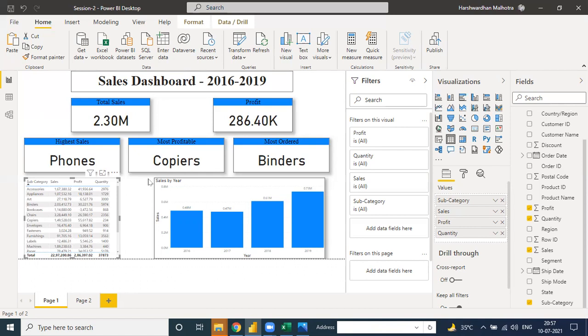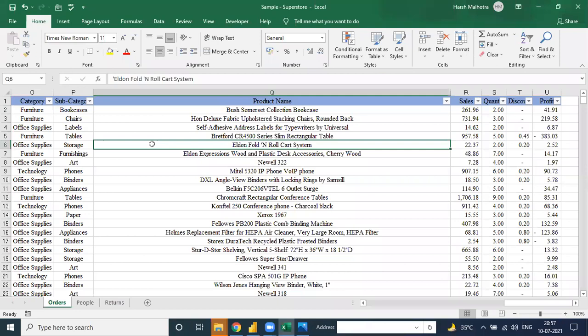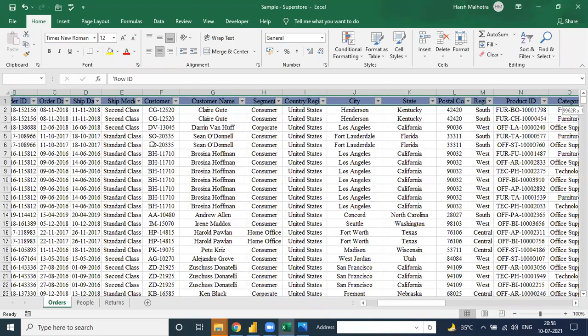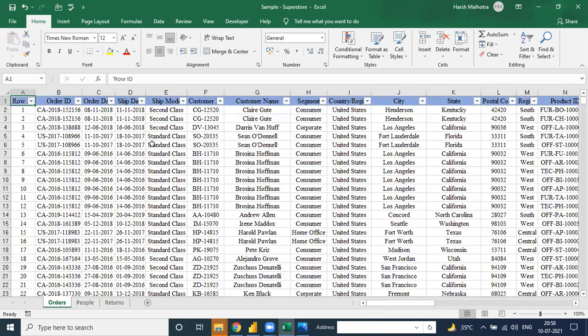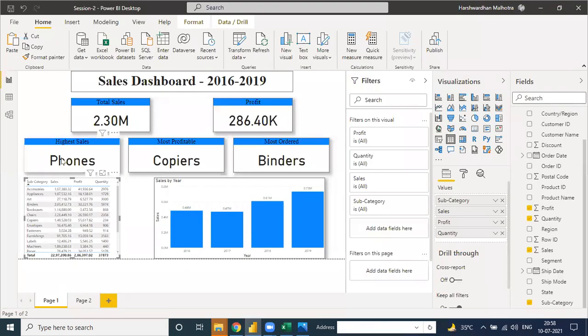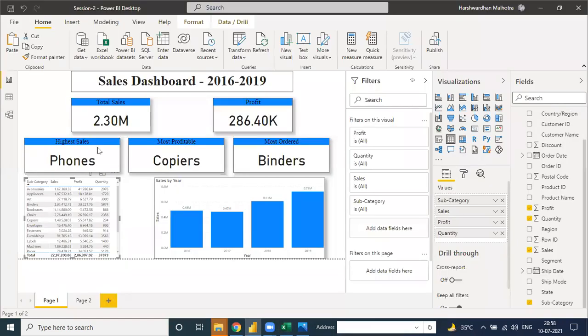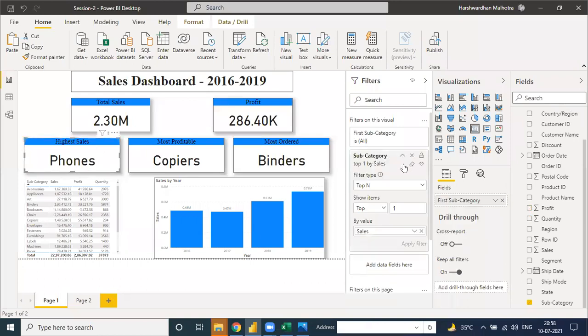You have to clean only the main things, like no column should have a null value, and the formatting of the Excel should be line by line, with the header and rows in the same order. I will show you when we create the report. I do not do anything else, only some ordering. As we can see, the most profitable product is phones. Power BI will tell us that it is the highest profitable, because when we click on the visualization, we are filtering these kinds of areas.